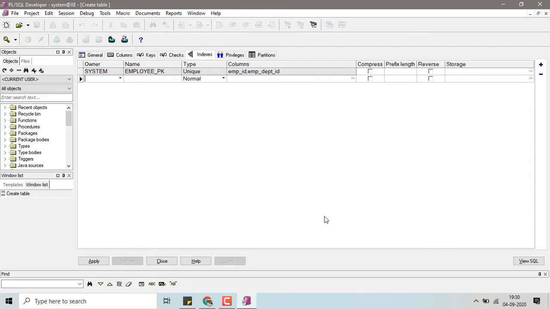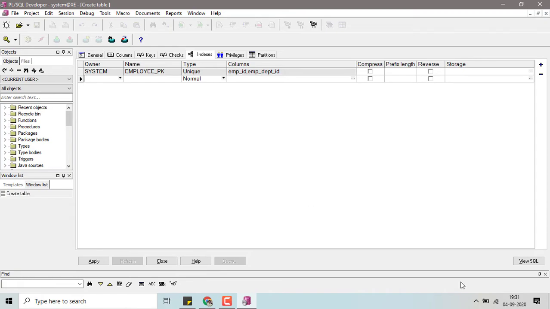As I am performing every operation on the GUI using PL/SQL Developer, at the backend PL/SQL Developer is creating the Oracle SQL query.